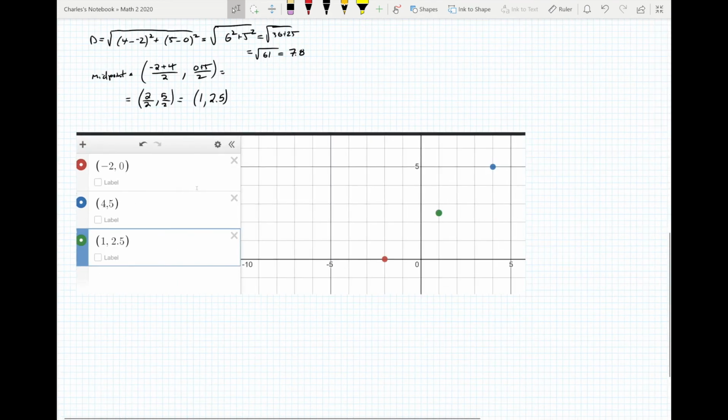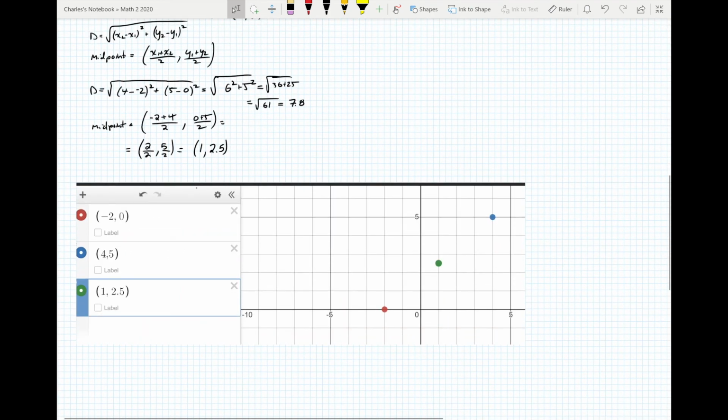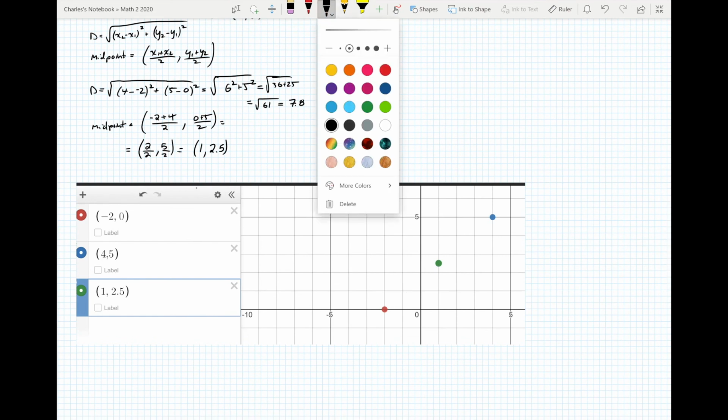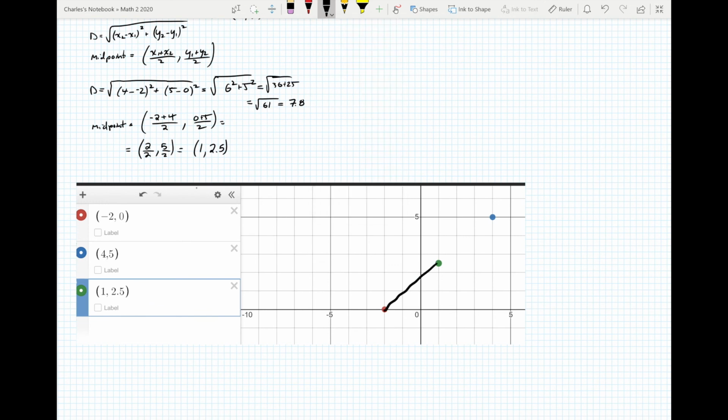It looks like if I connect these points right here, this looks like it's the same length as that. If I draw the slope triangles, they look like they're the same slope. So I'm going to conclude that I did